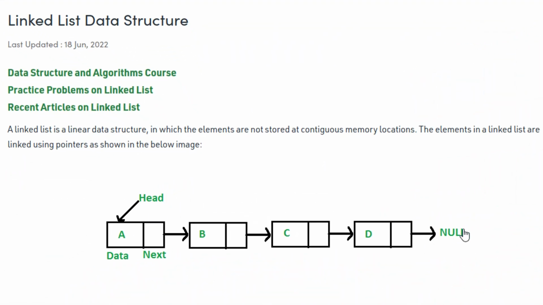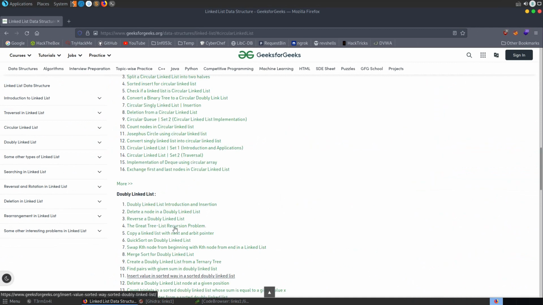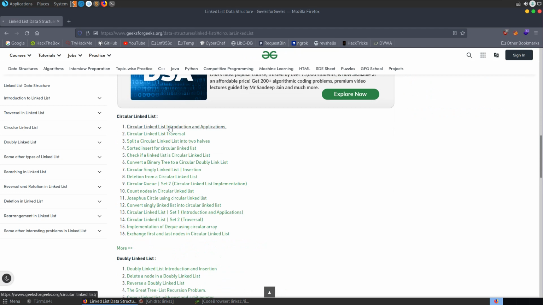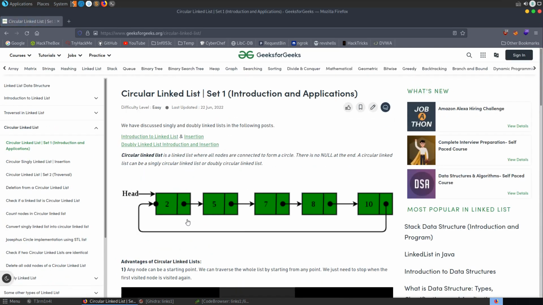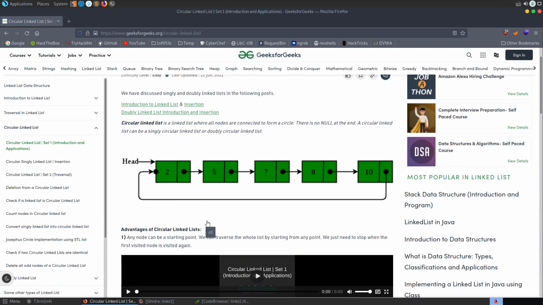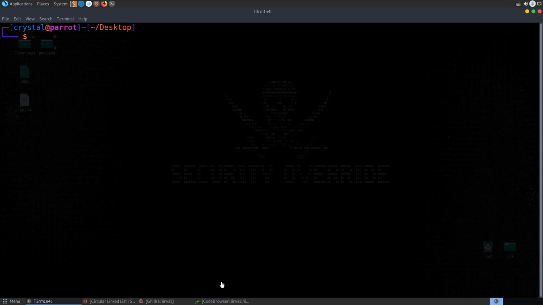We don't necessarily need to keep track of the tail, but if you do keep track of it, it means you can quite easily add something to the head or to the tail. It's only if you want to insert or remove something in the middle or access something in the middle that you're going to have to traverse through the list. There's the circular linked list as well here, which I didn't show, but here's a quick diagram just showing that as well. Alright, so let's go and take a look at this in Ghidra and see how they've implemented it